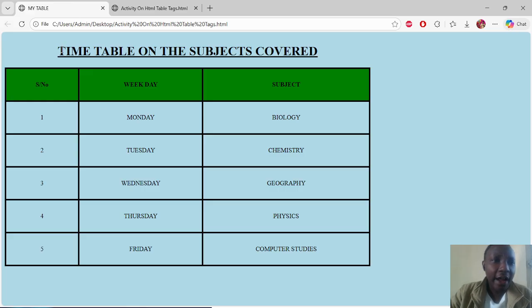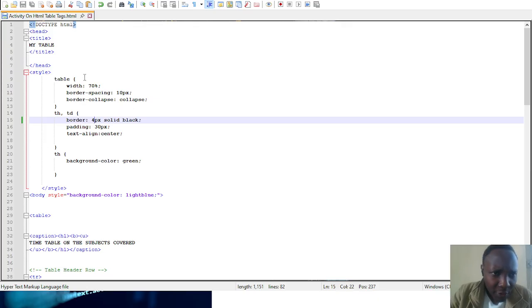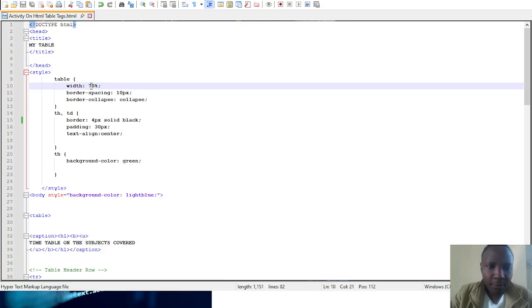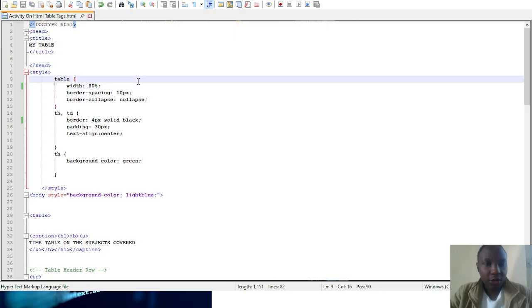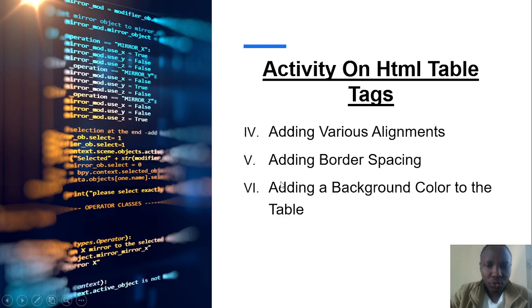So about the border, I think that's clear. You can put any kind of measure or any look that you want for your table. In terms of the width of the table, maybe we started with 70. What if we put it to 80%? If we change it and press Control S to save that change, and then go back to our web page,